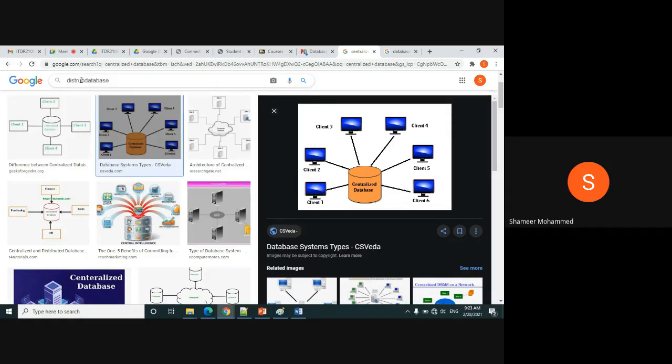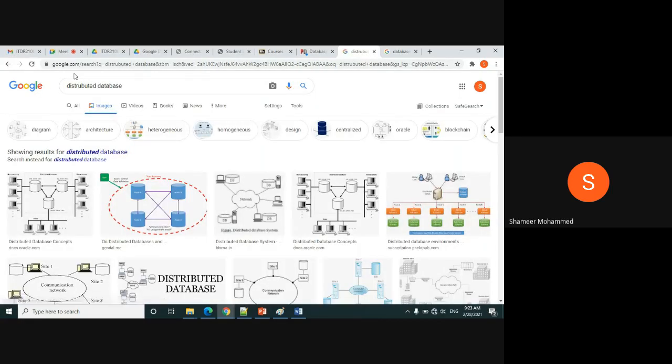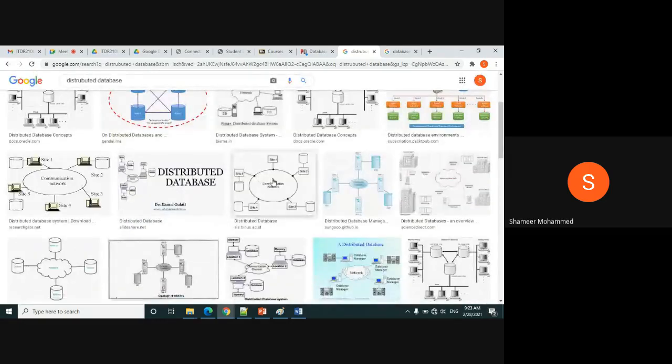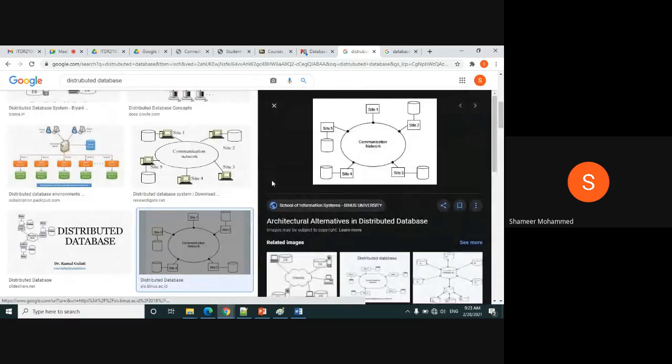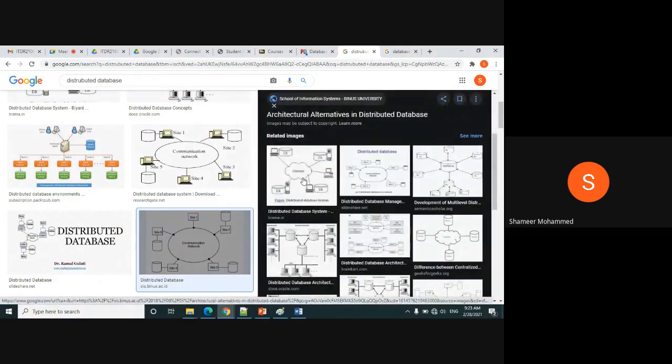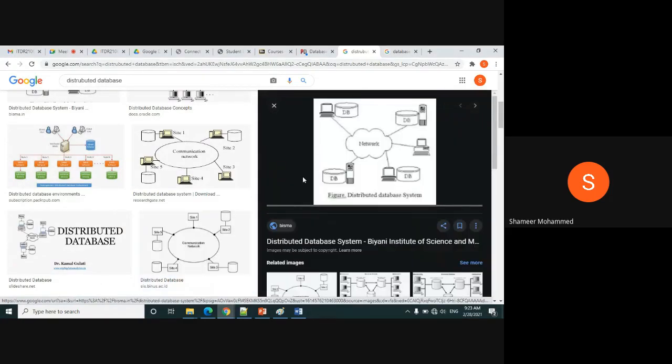Distributed means every system will have its own database. For example, like this, or you can say like this.